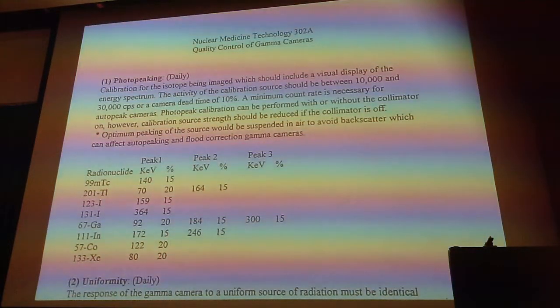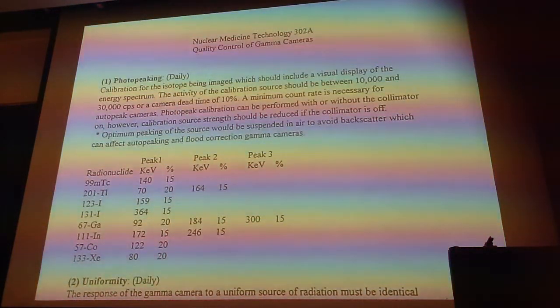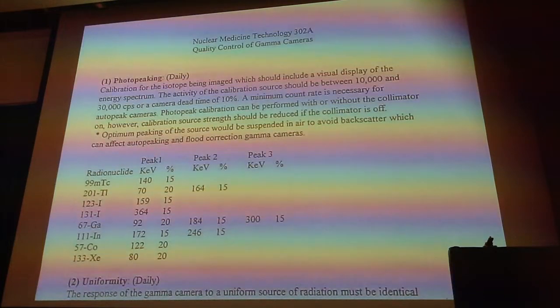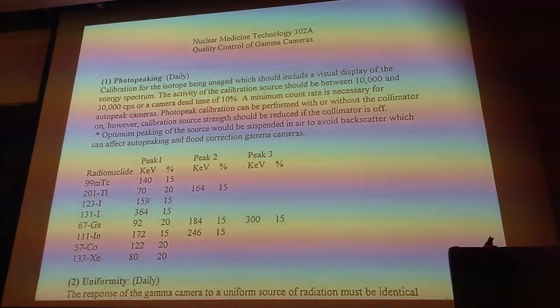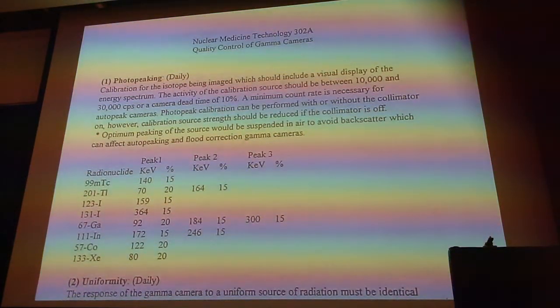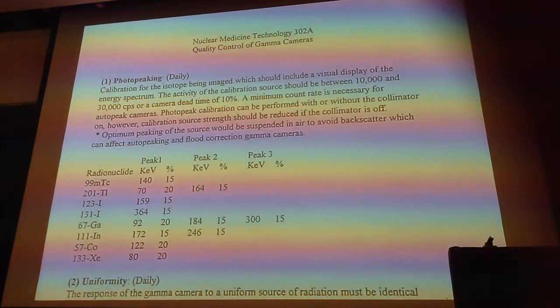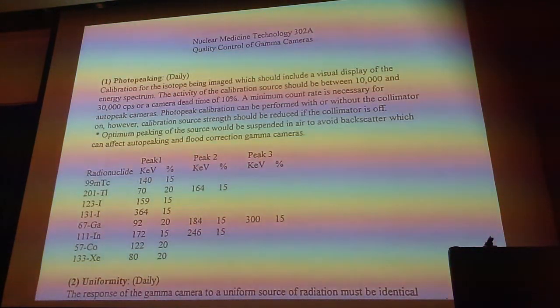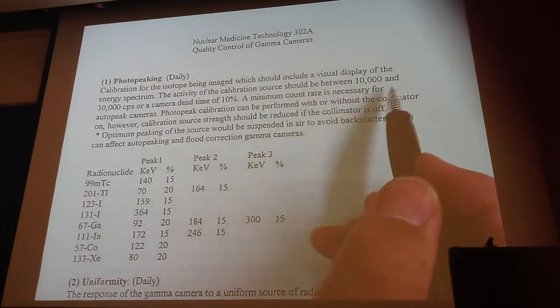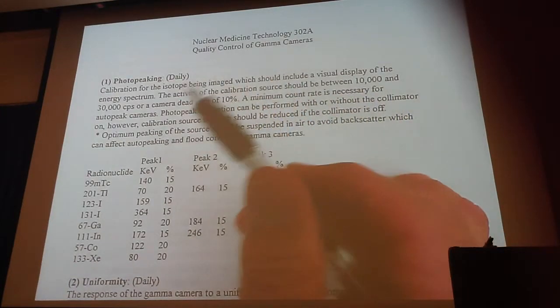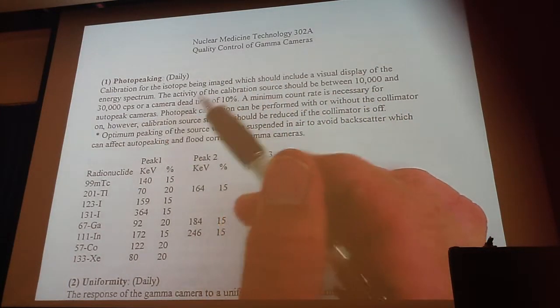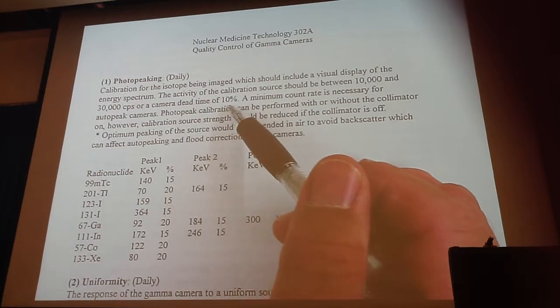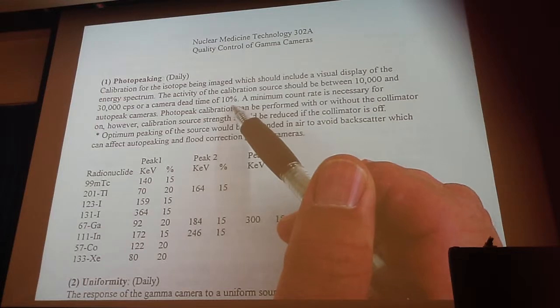If you keep it under 30,000 counts, or under 10, depends on if it's a large field of view camera, you can probably get away with about 30,000 counts per second. But that's why I put a range here: 10,000 to 30,000 counts per second. The more counts you get, the higher the dead time, and the more distortion and problems you're going to have